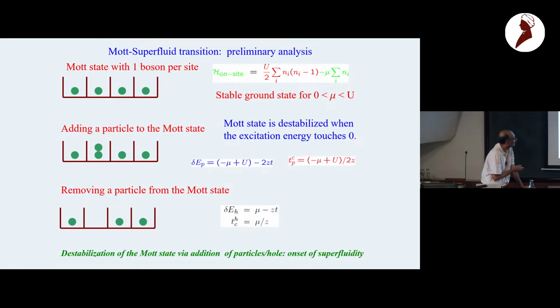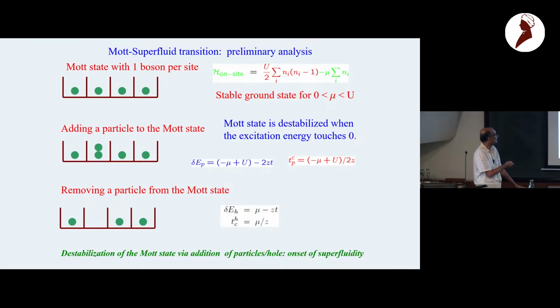something that happens. But here it signifies something physical. What it tells you is that the ground state from which you started your perturbation calculation and calculated this energy is not the real ground state anymore. In other words, this excitation energy going to 0 signifies this destabilization or instability of this particular Mott state. So this critical hopping, which comes from setting this to 0, essentially tells you a rough position of where the Mott insulating to superfluid transition can take place.